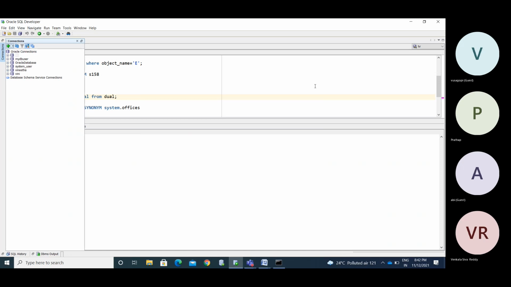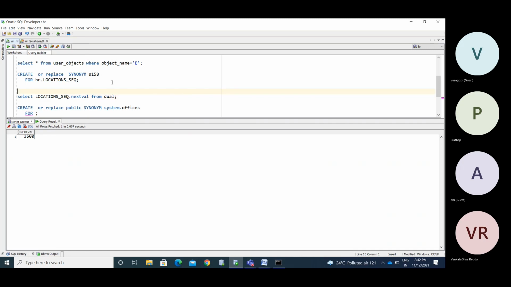If you want to access an object from one server in another server, we need to create database links.